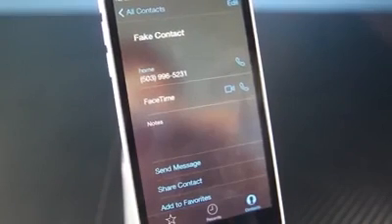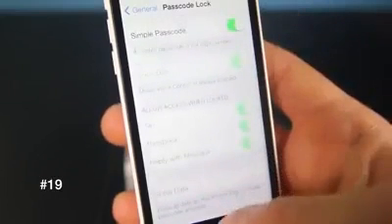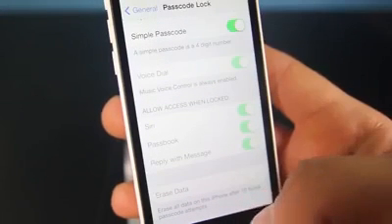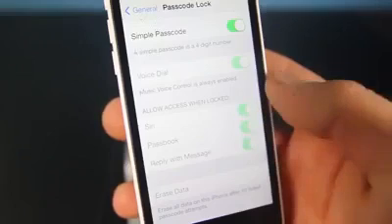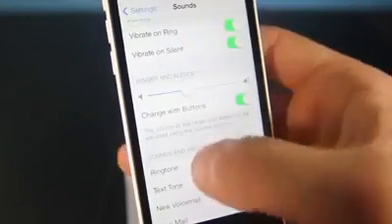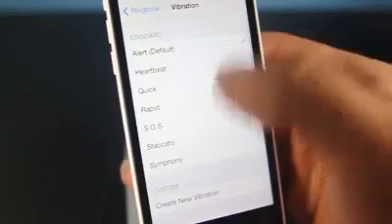without actually using your minutes. In the passcode lock settings, you're actually given an option to delete all the data on the iPhone after 10 failed passcode attempts. And lastly, my favorite, in sounds, if you go into ringtone vibration, you can make a custom